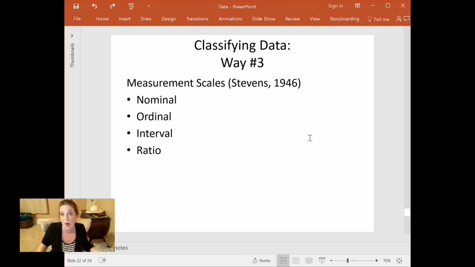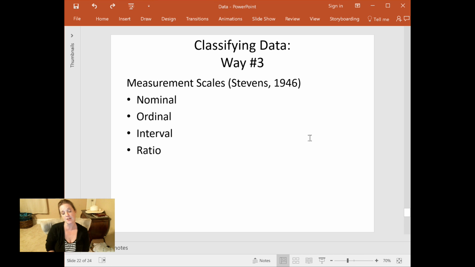And it's just a different way of classifying data. It's yet a third question you can ask about your variables, and thus a third thing you can ask about your data. And remember the variable is the question, the data is the answer to the question. Just like you can classify variables and data as qualitative or quantitative, and you can classify them as discrete or continuous, right? It's a separate question you can ask. You can also classify data as nominal, ordinal, interval, or ratio. Essentially different variables and thus different data fall into one of these 4 camps.